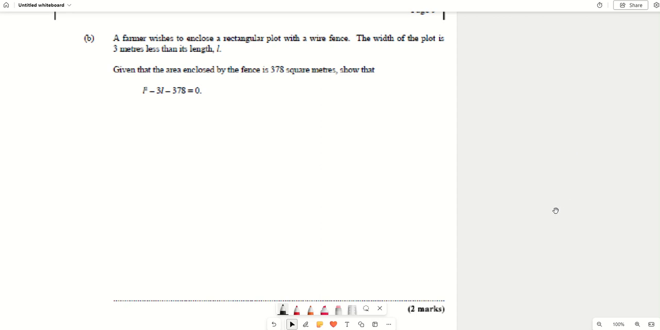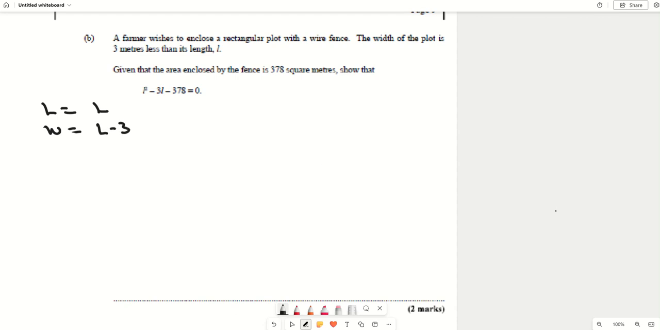Part B says, with this question, you just have to read very carefully, okay? A farmer wishes to enclose a rectangular plot of land with fence wire. The first thing when you hear that is you think about perimeter, right? The width of the plot is 3 meters less than the length. So we know that the length is equal to L and the width is equal to 3 meters less than the length, so that will be L minus 3,